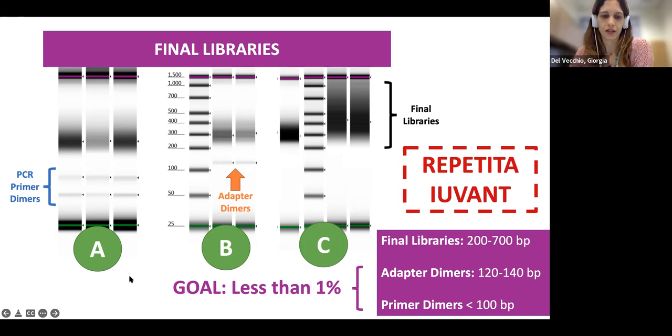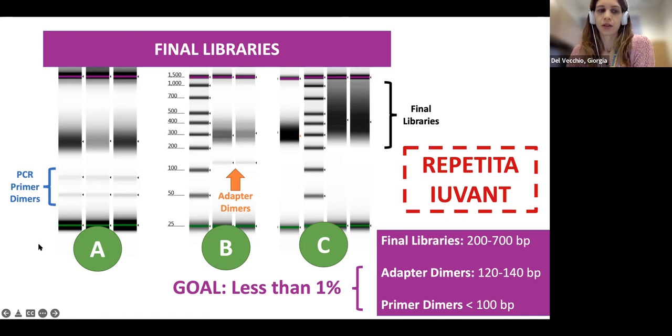And then we also need to make sure that we don't have any contaminants in our library. So no adapter dimers, no PCR dimers. Or if we have any, they need to be less than 1%. They need to be less than 1% because we